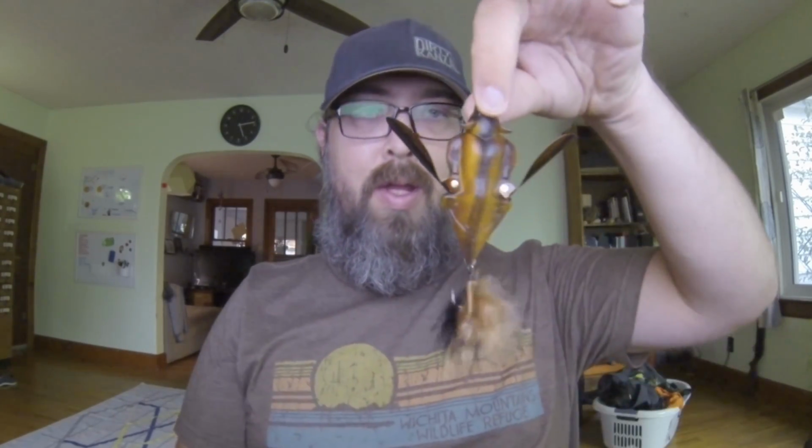This is a brown color. So we got the fins up here on front, and I know this is supposed to have a crawling action, so where it is actually kind of crawling through the water. Kind of hard to show with it out there. 2 treble hooks. So hopefully that'll be better than fishing a frog. I'm not a big fan of frog fishing, but it's also because I like to have like a medium action pole, not a heavy pole, to be able to grab those guys. So this is probably the bait I'm most concerned about